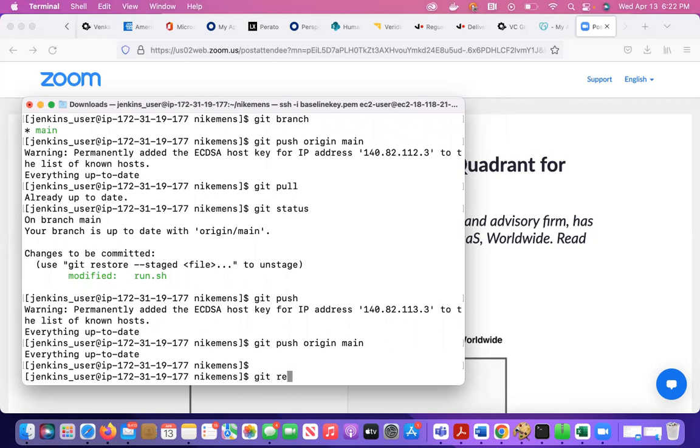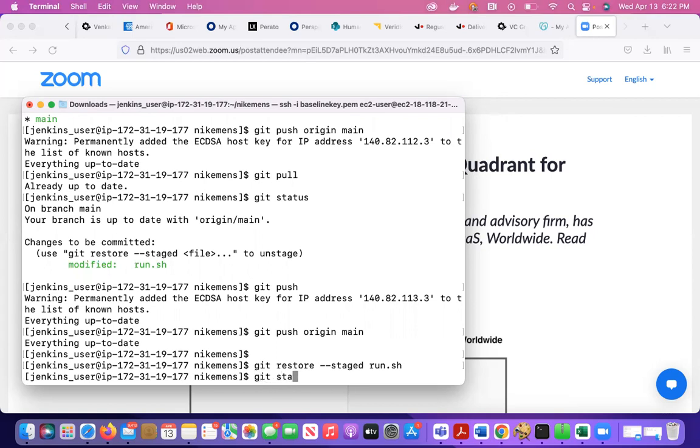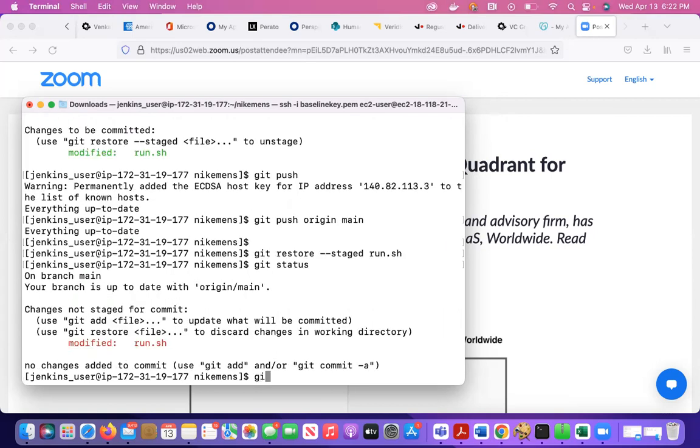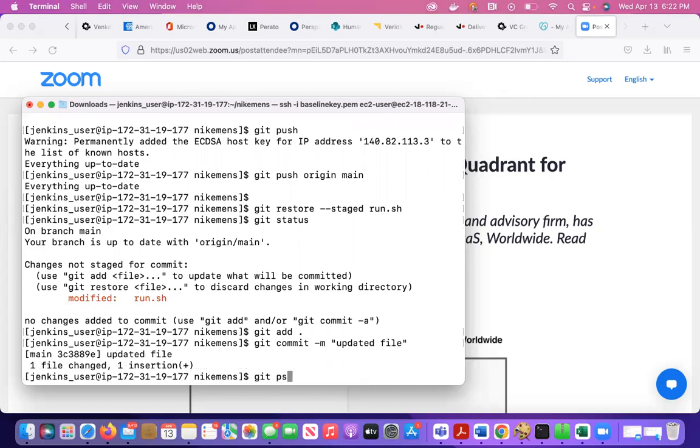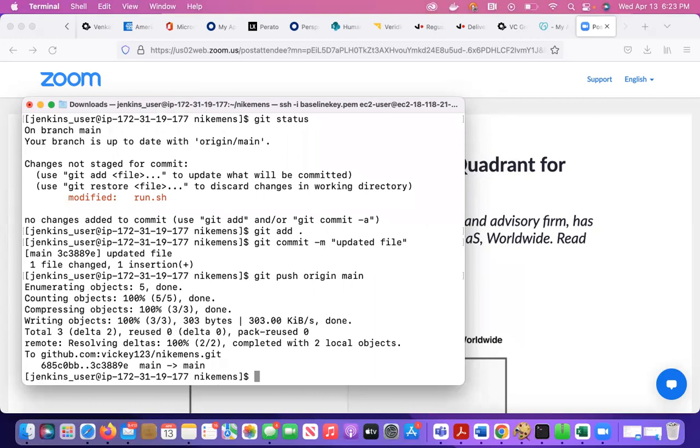Git restore --staged run.sh, git status. Okay, git add dot, git commit -m "updated file", git push origin main. Okay, now let's go back to our remote repository